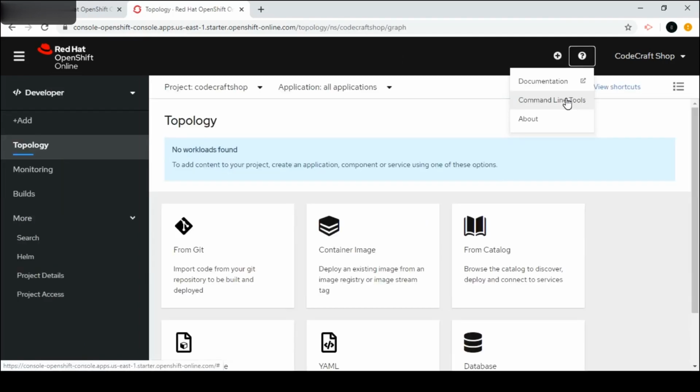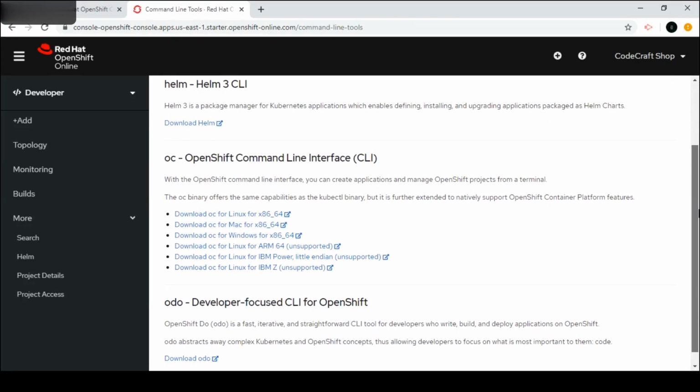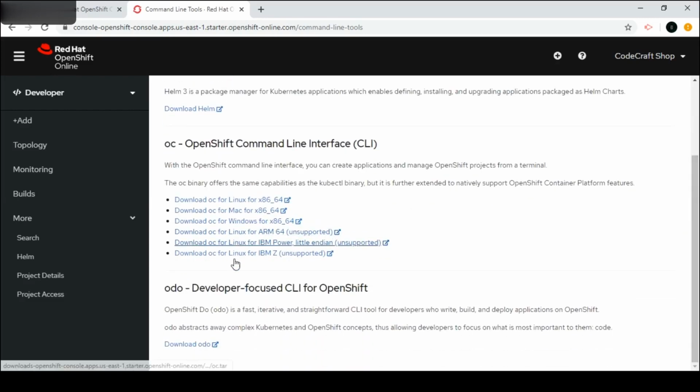You can download the command line tools from the URL that I have provided in the slide, as well as from this option. So here we have the option of various command line tools as per the system. We have command line tool for the Linux, Mac machine, Windows, and there are different other ones. And there is another command line tool, odo. It performs the same functionality, but it has rich features which I will demonstrate in a separate video. So this is all about the web GUI.